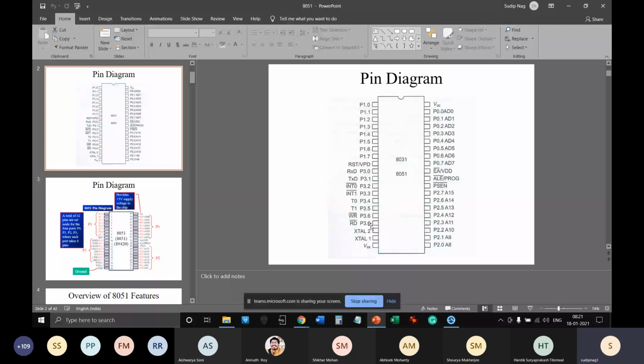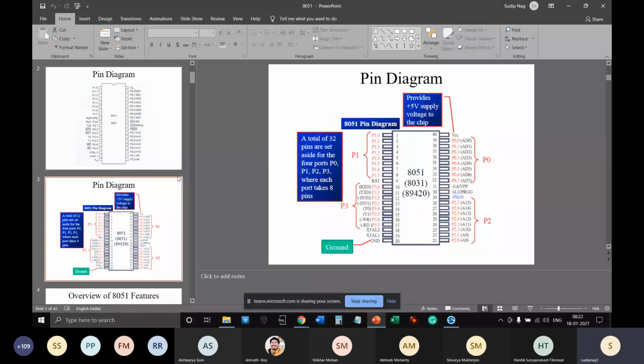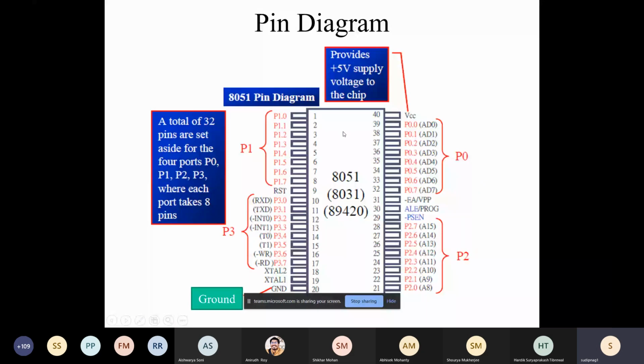But anyway, that's why I always refer to the data sheets, because they always have a mechanism to update with the correct information. So you can see the corrected information here in this particular diagram. There are 4 ports, as we discussed: port 0, 1, 2, and 3. Each of them is 8-bit wide. That means there are a total of 32 input output pins, which are assigned as either input or output. We call those input output lines ports.